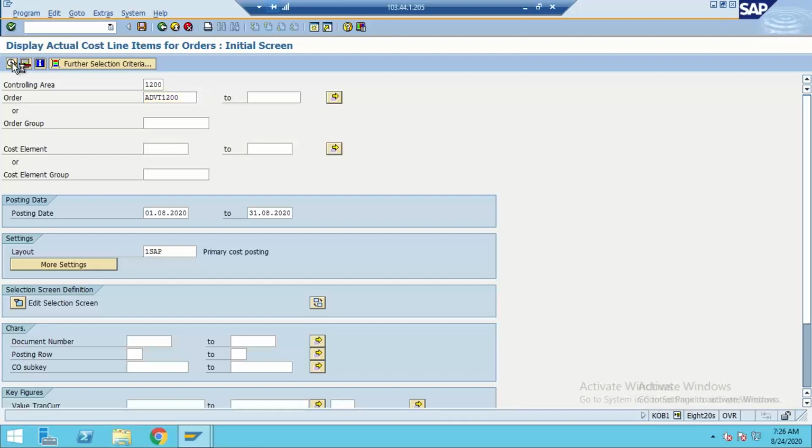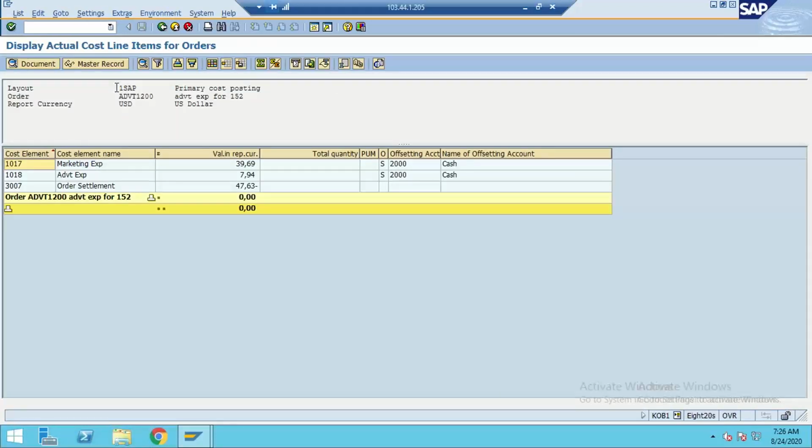Execute it. Now just ignore this line. Okay, so this line you just ignore. It's already 0. Assume that it's not yet done. So we have recorded the cost with this